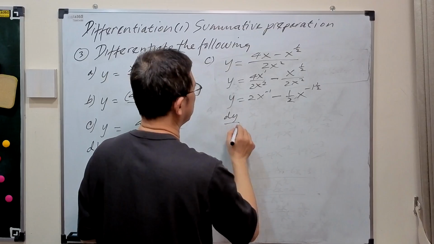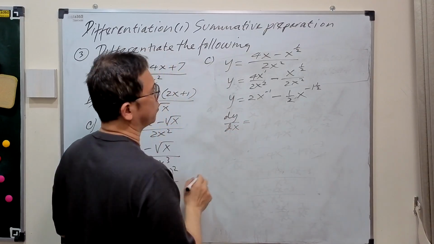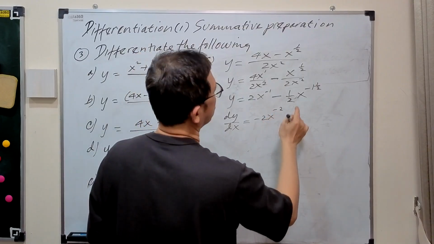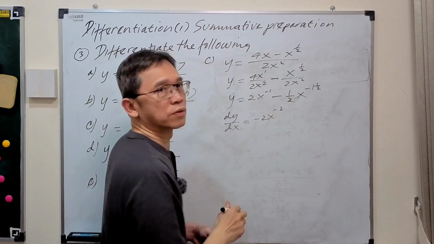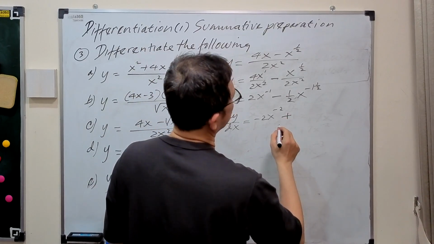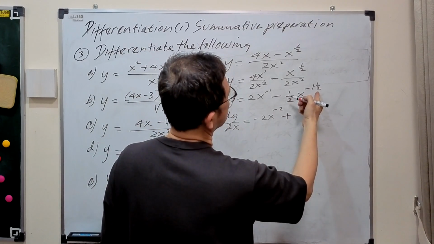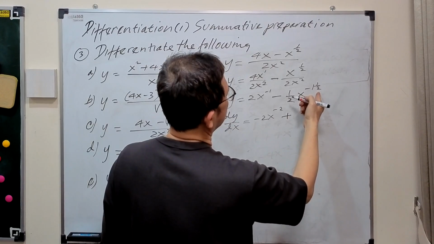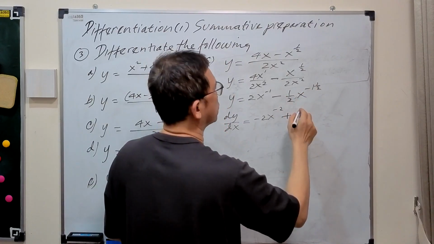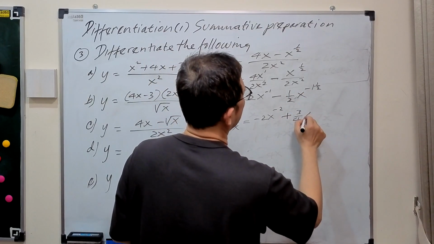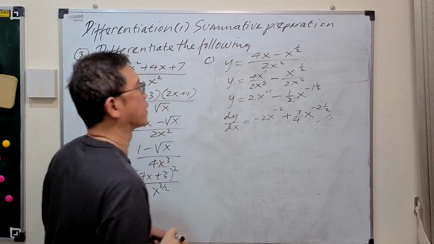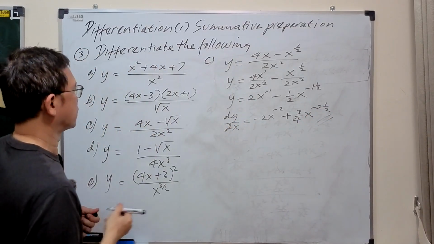Now the derivative will be negative 2x to the power of negative 2, then negative 1.5 times negative half. This will be half times 1.5, which is 1 over 3 over 2, so 3 over 2. So this will be 3 over 4 x to the power of negative 2.5. And then for D,